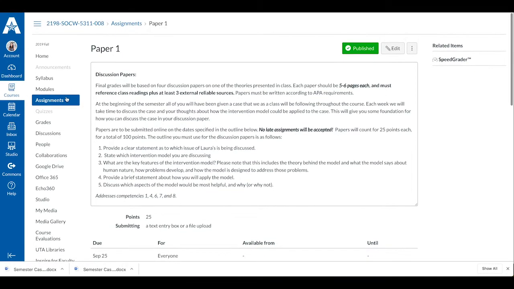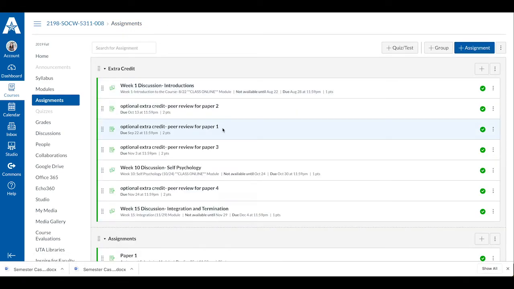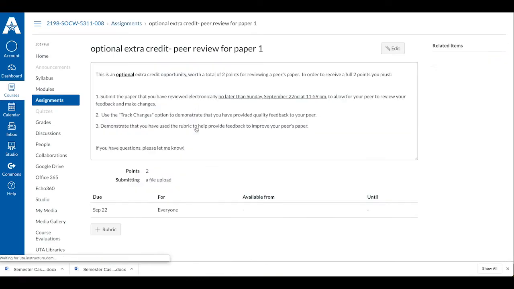If we go back to the assignments, there are extra credit opportunities for each paper. So this is worth 2 points. So you can increase your score on paper 1 by 2 points, which essentially is 2% of your final grade. And this is optional. So if you would like to get in on this, you need to find a peer. It's your responsibility to find a peer in the class to swap papers with and review their paper, make edits,